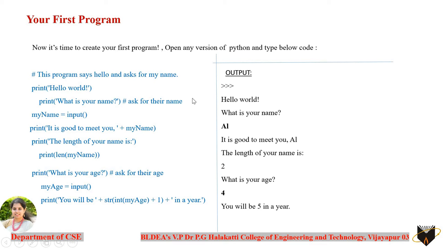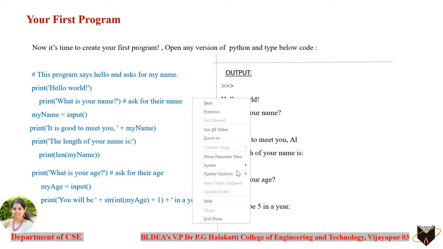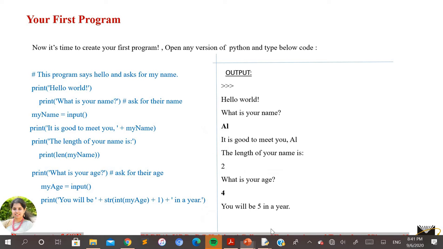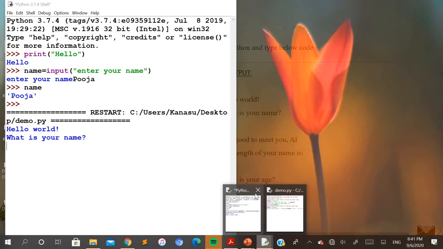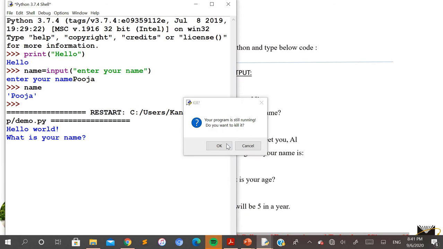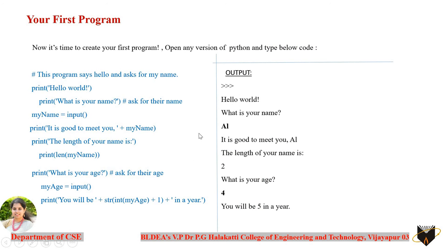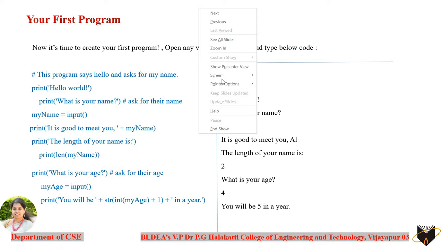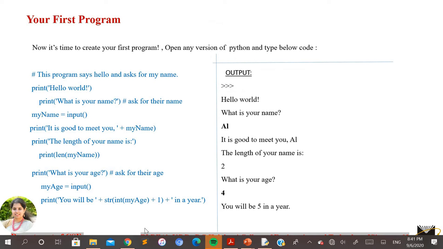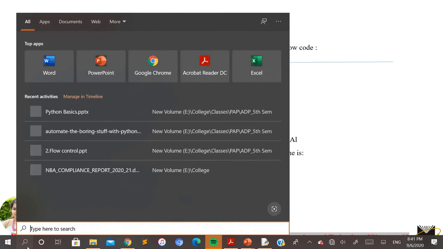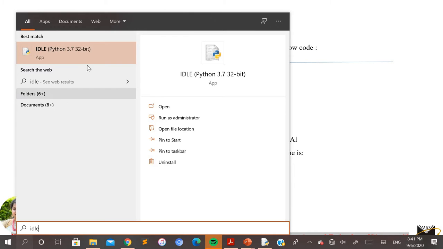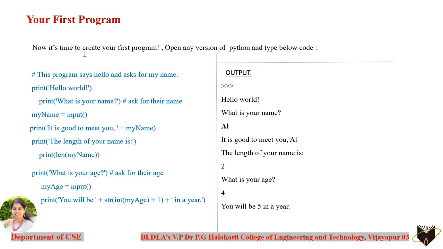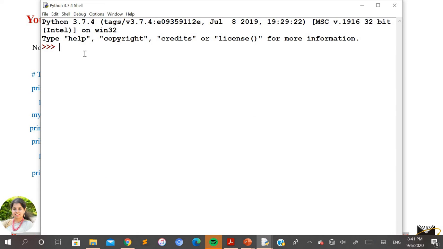If you do not remember what the interactive shell is, let me open a new window here. How to open IDLE? In the search, type IDLE. If Python has been installed, you will get this window. This is said to be an interactive shell.